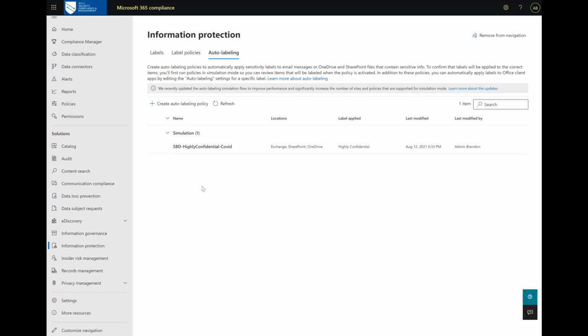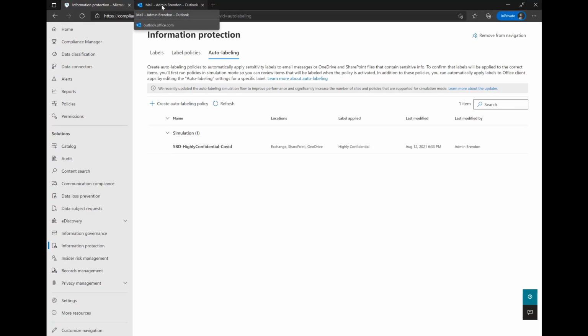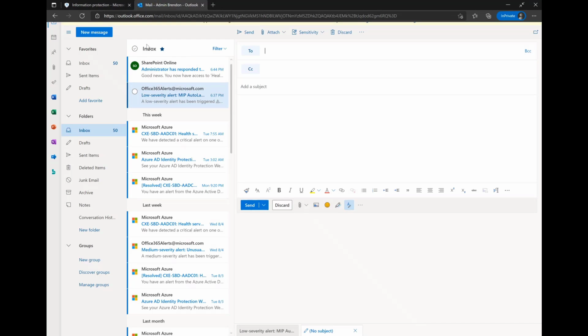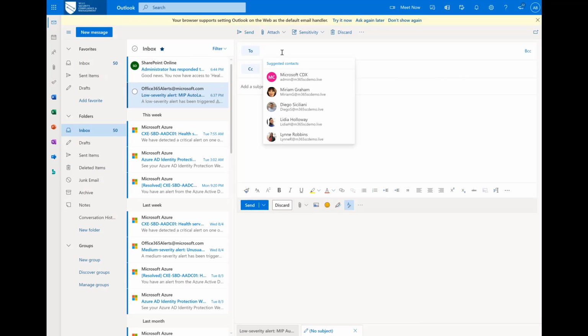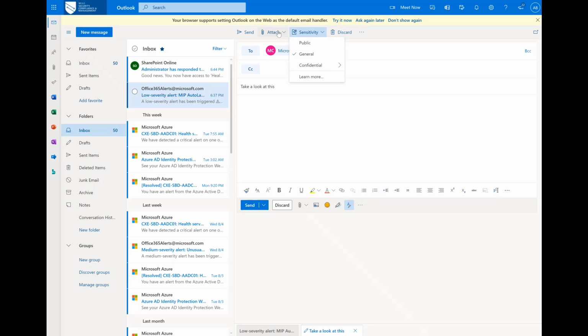Now, the policy is still in simulation, as you can see. So what I'm going to do is test to make sure that the policy is not actually doing anything, right? So you remember we applied it to the Exchange location. So I'm going to jump over to OWA, which is outlook.office.com, and I'm going to send a message over to Waleed, right? I'm going to say, take a look at this, and I'm going to send some data that